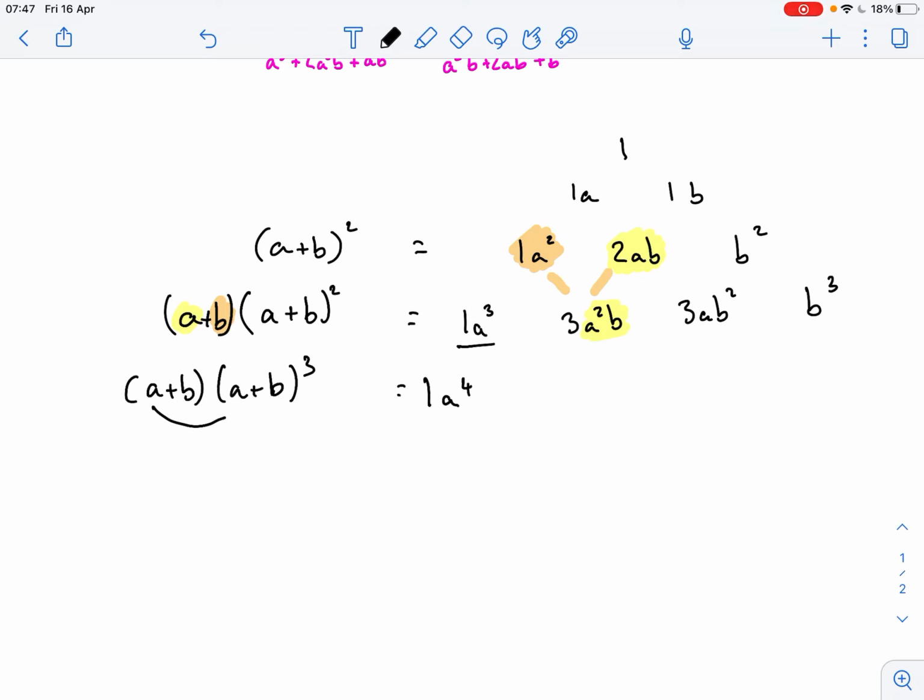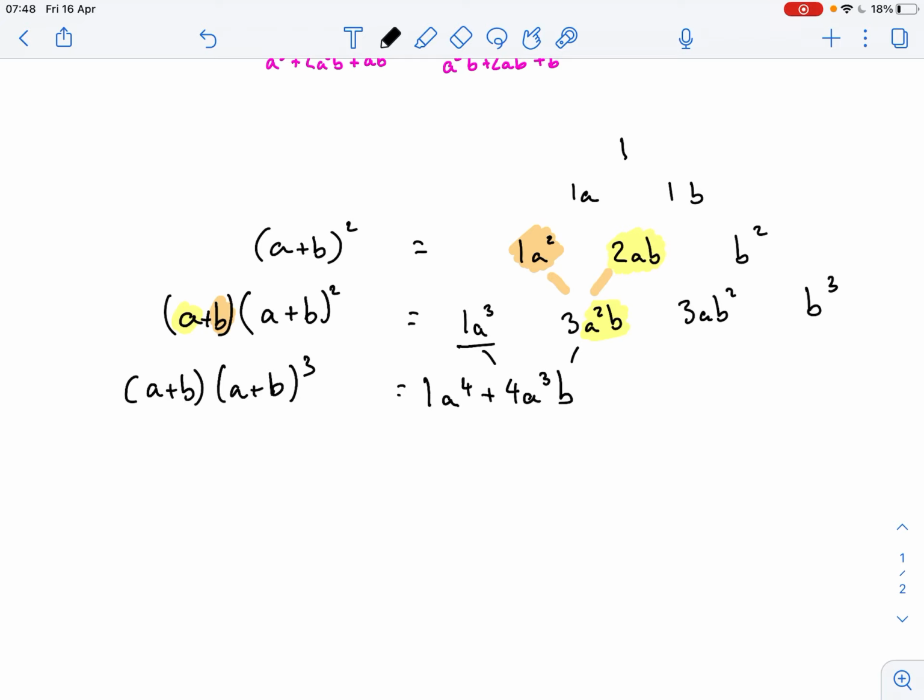Now if I think about the a cubed b term, that can result from this a multiplying my a squared b from a plus b cubed, or it can result from the b times my a cubed term. So naturally we're going to have a result of 1 plus 3, which is